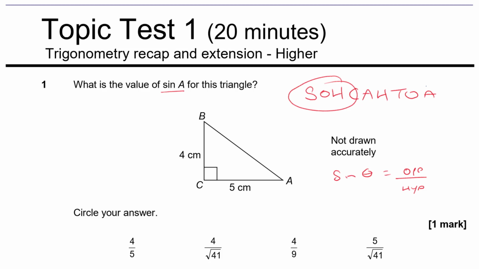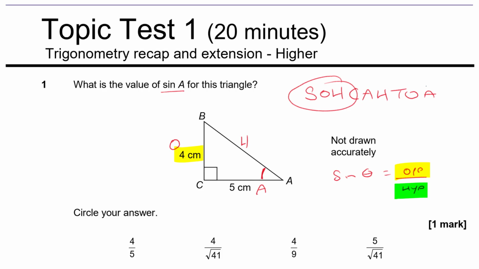Okay, so I need to know which side is which from this triangle. If I want sine A, it's that angle there, and then I label up my three sides relative to that angle. The longest side is the hypotenuse. The side opposite my marked angle is the opposite, and the side that touches my marked angle is the adjacent. So they're my three sides. I'm interested in opposite divided by hypotenuse, which is the 4 divided by the h,